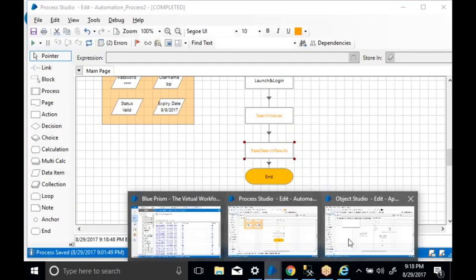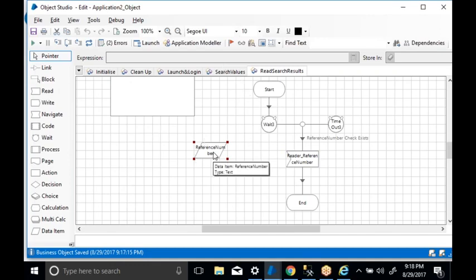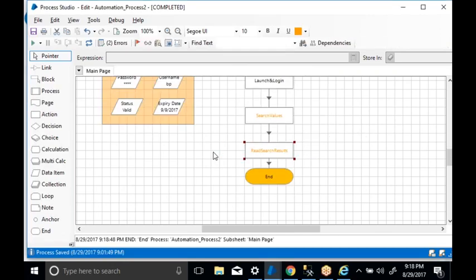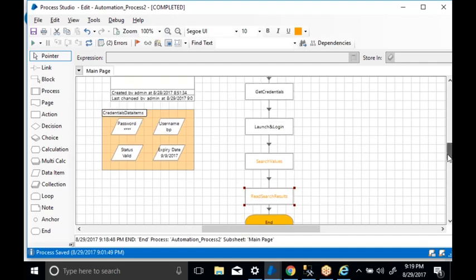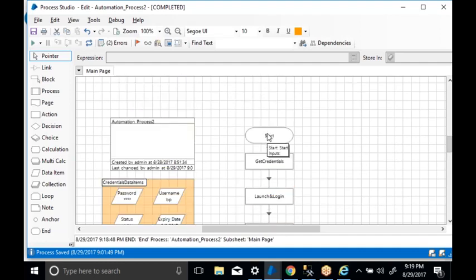If I go to the object, I cannot see the value. In this scenario I want to do debugging of my solution. I have to go inside my object and see what value it is reading, and whether it is reading correctly or not. I want to do the debugging. To do the debugging, we have three shortcut options. One is F5, F10. It is the same as debugging in another language.